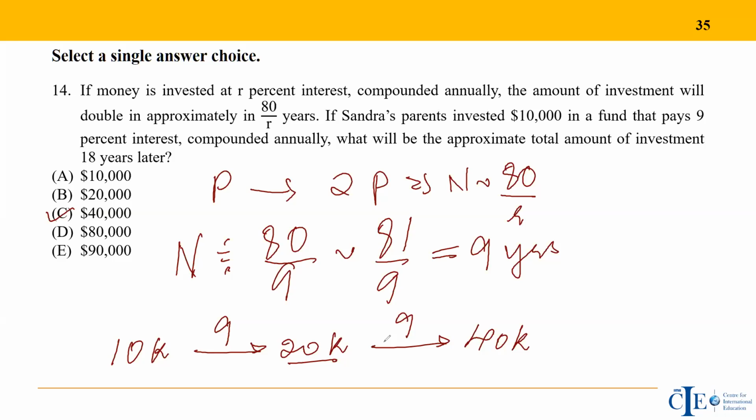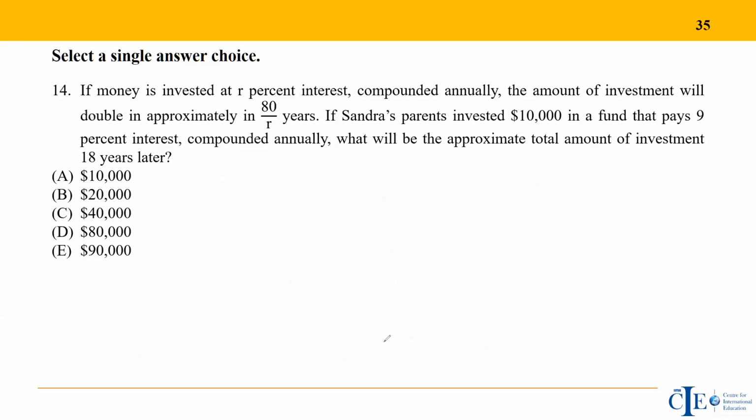But then what you do is use the approximate value of 9 itself, or even if you keep 80 by r, because you need to see how many cycles you need to do, right? How many times you have to go about. So let's say you're doing it in 9 years, and I'll actually take a case where I'll show you. You do this with a formula and without a formula, or in fact there are two variations to it. It's also a tricky question. I'll just take that towards the end and show you how this will work.